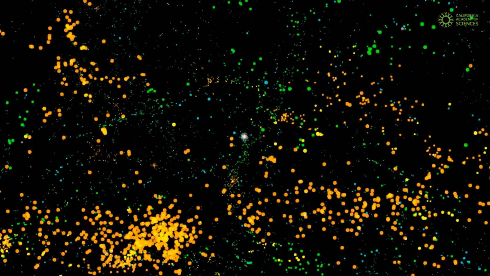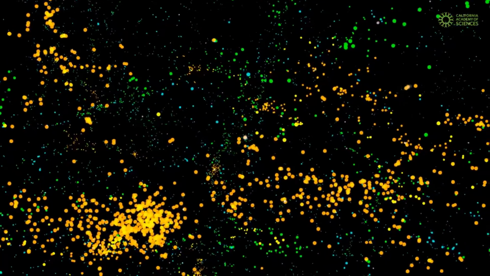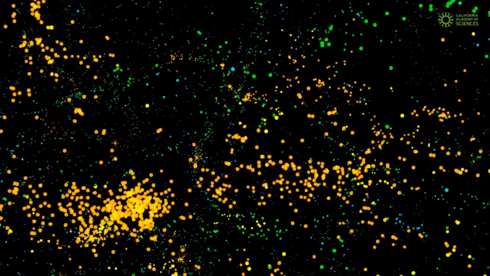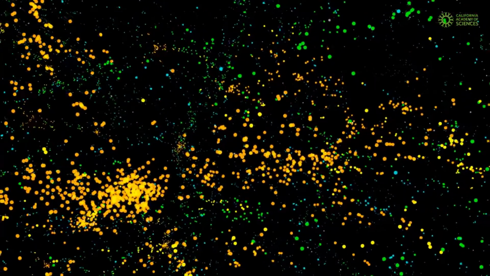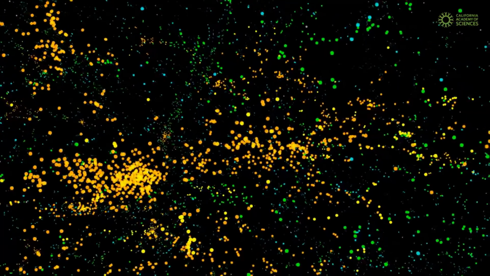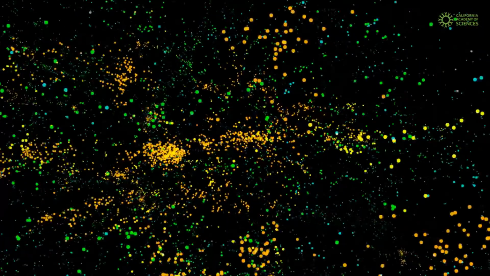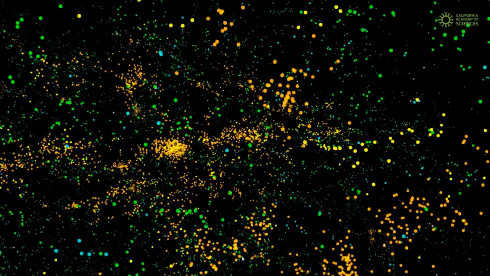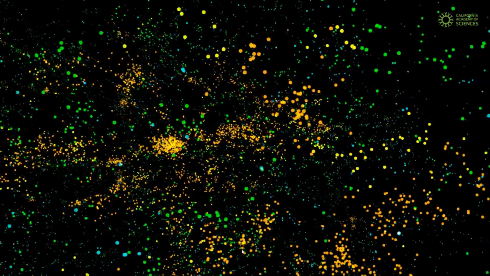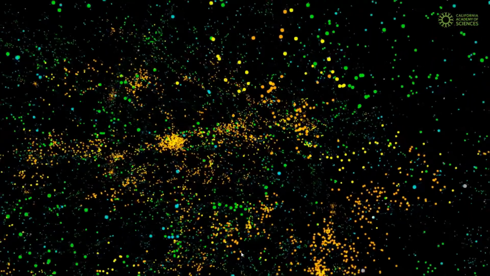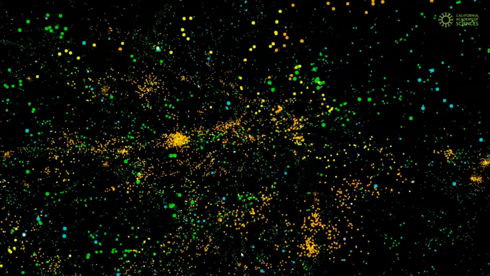First of all, this is all real data. These are measured distances to these galaxies. And what I'd like you to notice is that they're not kind of uniformly distributed in space. They're not just scattered randomly. Instead, they're clumped and clustered together. And this is a really important thing to note, something that we've only known for about 40 some odd years,